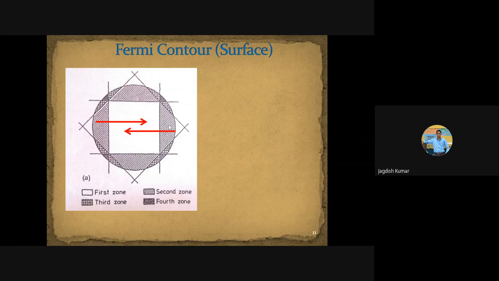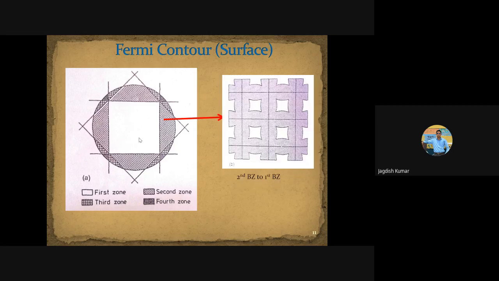And similarly, for this triangle, we subtract G, I mean E(k − G), because the target is clear: we have to bring this back to the first Brillouin zone. Here we had to add G along the X direction to get it to this point. Here we have to subtract G to get this triangle to this point. So there will be another triangle. Similarly, you can take this triangle by adding G in the Y direction, and we can subtract G here to get this triangle into this. So what you will find finally is this. This represents the portions of the Fermi surface from the second Brillouin zone in the first Brillouin zone.